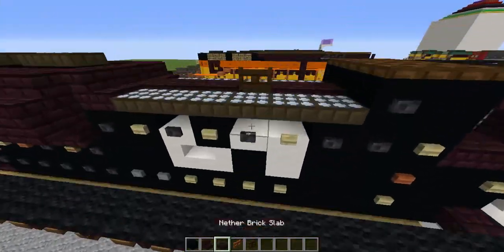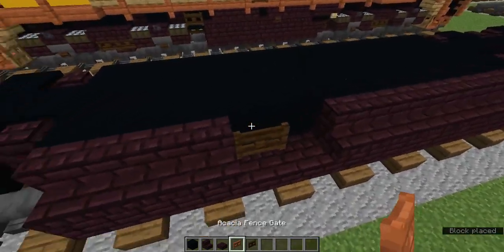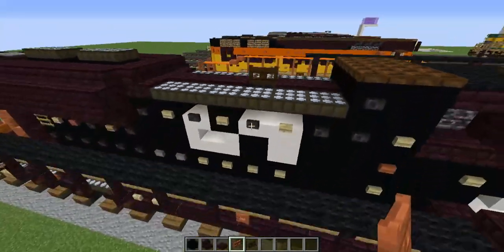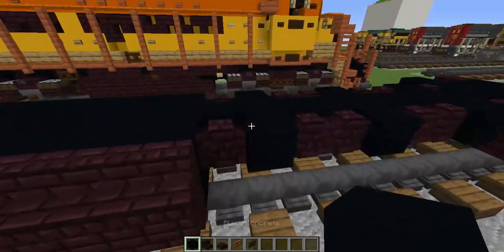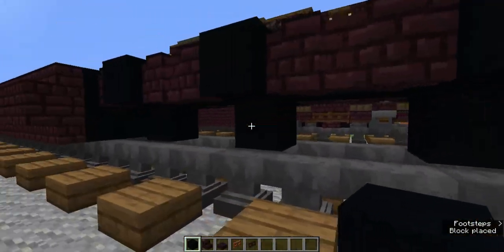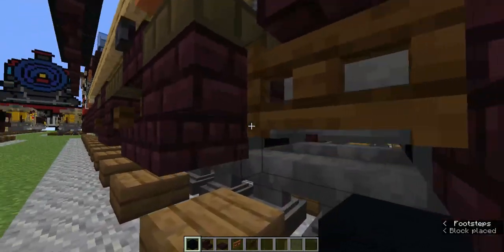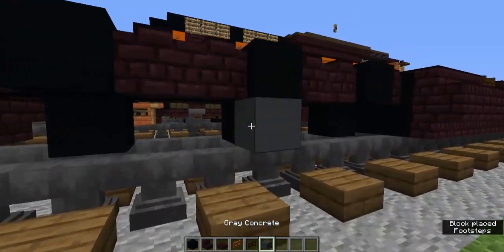And now we're gonna add a dark oak fence gate next to the 3 stairs, and add a sideways acacia fence gate opening into the dark oak one next to it, like that. And let's do the wheels, shall we? So let's add black concrete in the middle here, and on the outsides we're gonna add gray concrete,